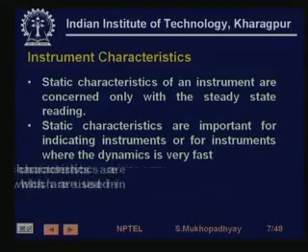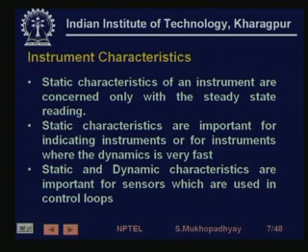Now static characteristics are important for indicating instruments, because indicating instruments are generally concerned with steady state values, or for instruments where the dynamics is actually very fast, that is, this settling from whatever was the temperature to the 100 degree centigrade temperature is so fast that for all practical purposes we can neglect the way the temperature rose. That does not concern us. So in such cases the static characteristics is of importance, while there are cases where dynamic characteristics is also important,